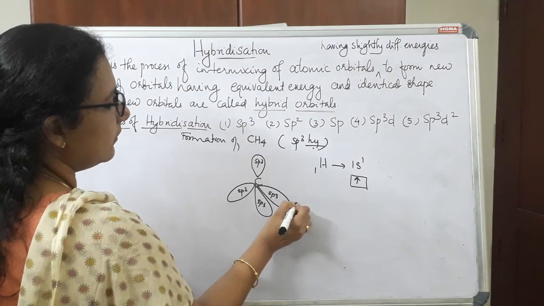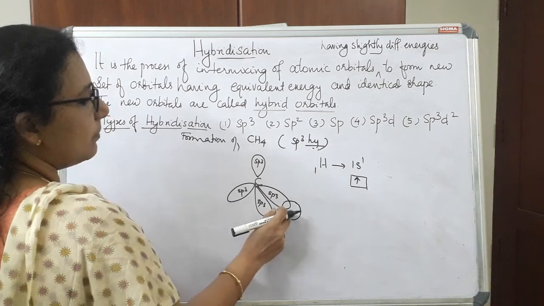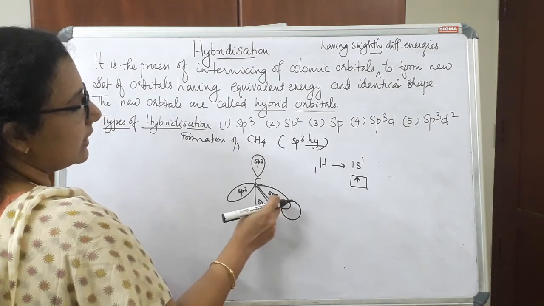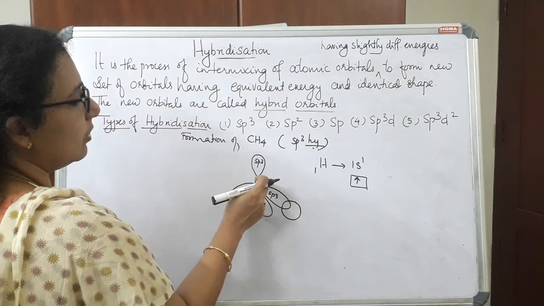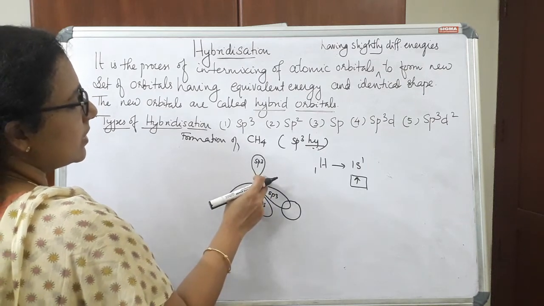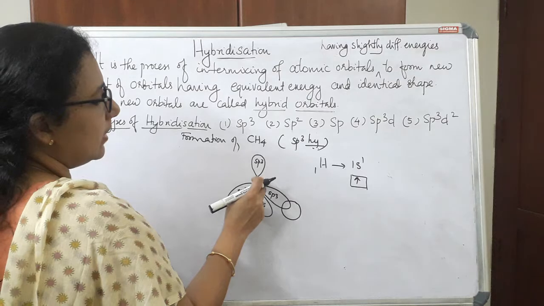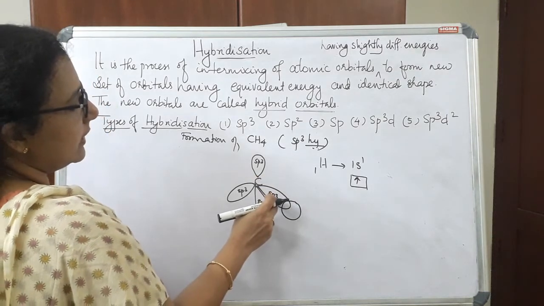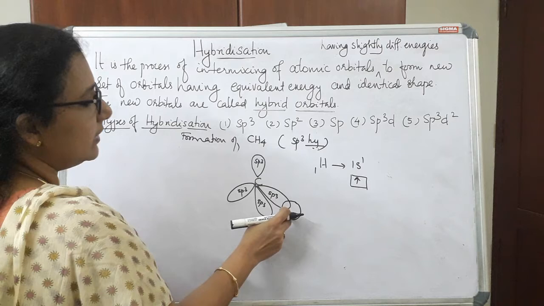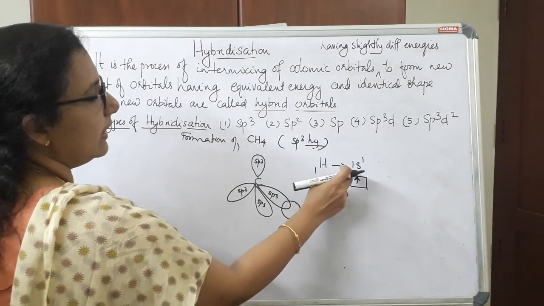So s orbital will be like this. So s orbital of hydrogen atom will overlap with the sp3 hybrid orbital of carbon atom. So in order to form the bond between carbon and hydrogen, the sp3 hybrid orbital of carbon overlaps with the 1s orbital